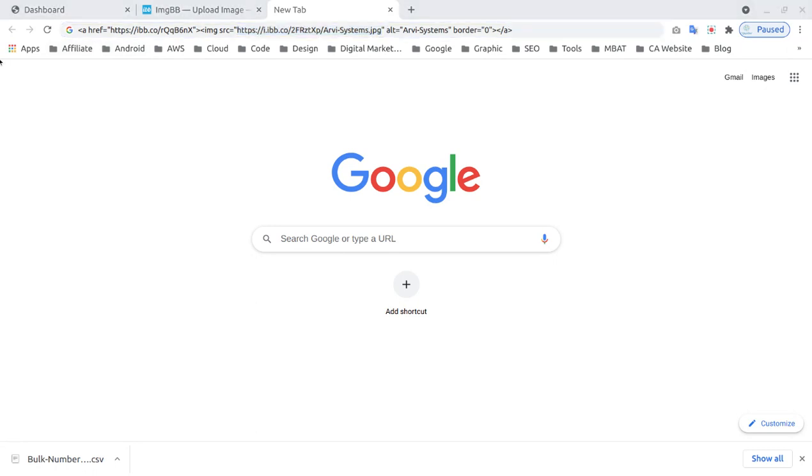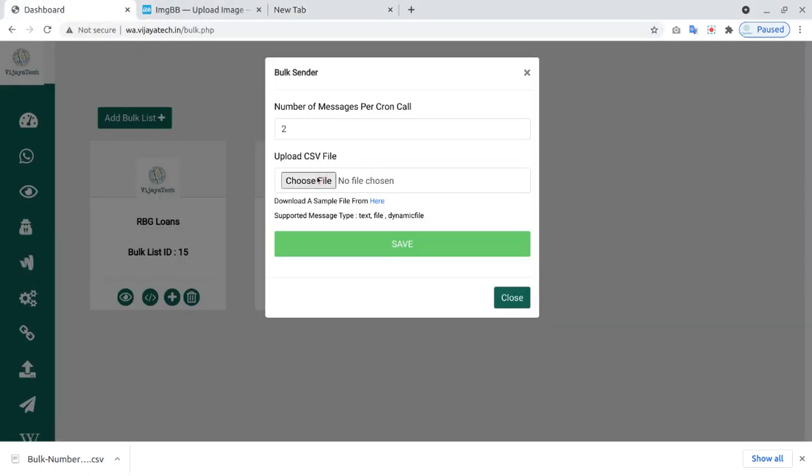I'm just going to rename it like this. Okay, now I go here. Here I upload the CSV we made, and here I have given the number of messages.